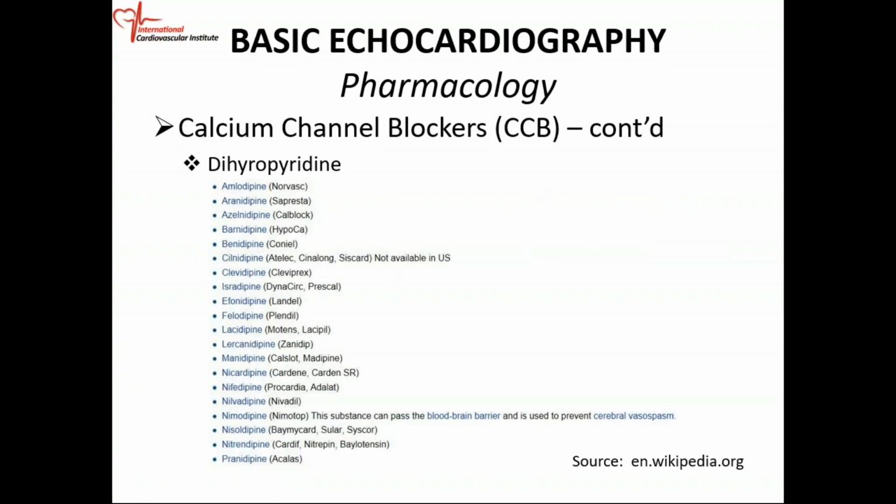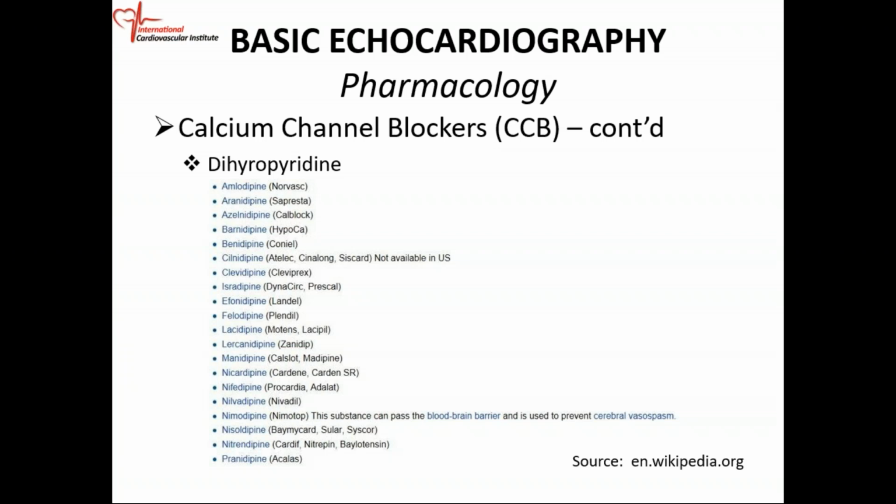All right. So these are the dihydropyridine type of calcium channel blockers. These dihydropyridine types do not slow the heart rate and they do not decrease contractility of the heart. Okay, so you cannot use the dihydropyridine type to treat atrial fibrillation, atrial flutter. Okay, very common medication in this group is the amlodipine or the Norvasc. Okay, the felodipine or Plendil. Okay, and then your nifedipine or Procardia or Adalat. So these are the three most used